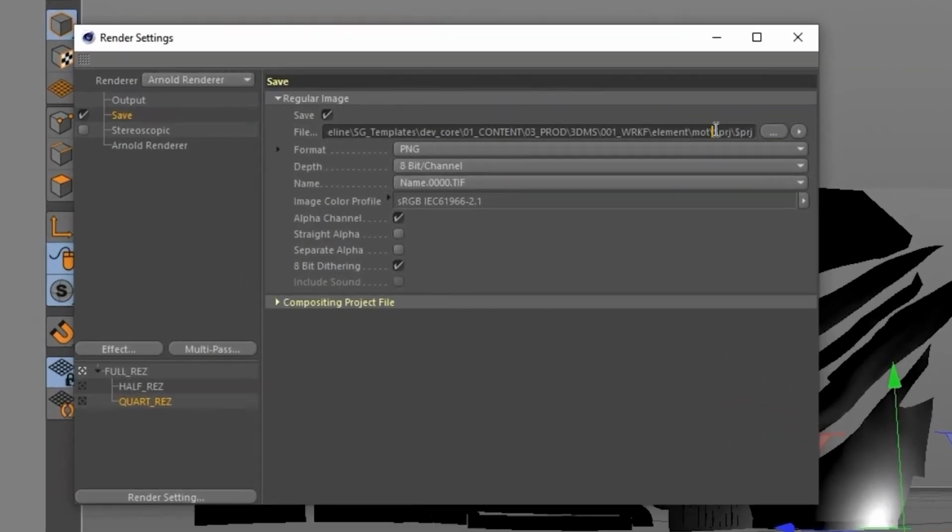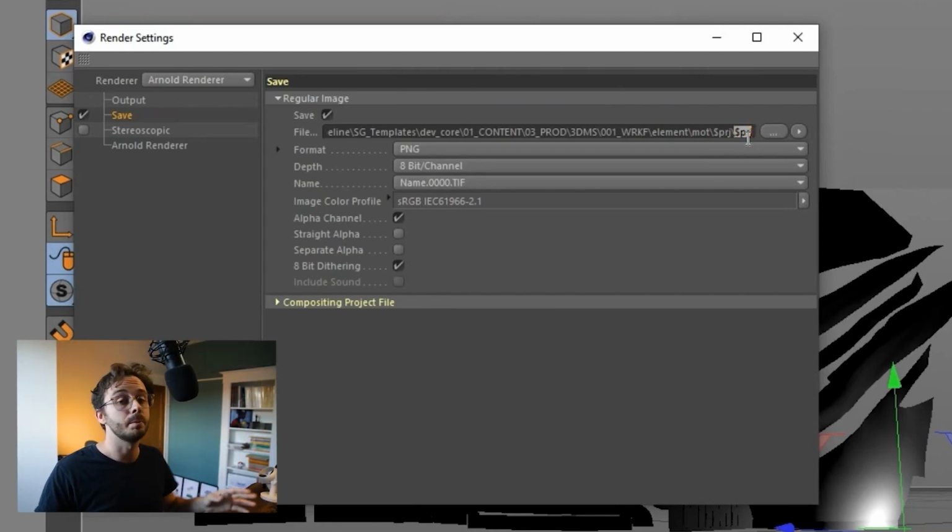Now I'm using the project name, which is the name of my file right now, PMP workflow motion version 1, and I'm outputting the picture with the same name. That's super useful because in 5 months, a year, 2 years, when I need to update that project, for example for a new scene or anything, I will know directly which file made that specific render. So it's super useful to use the project name as a way to track the file that you are doing.